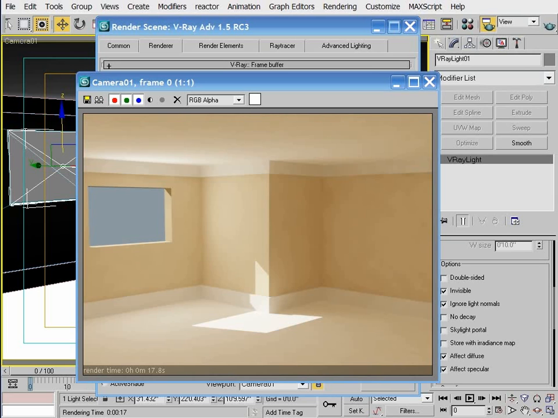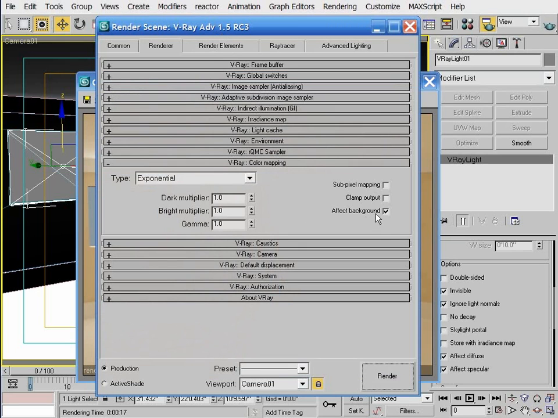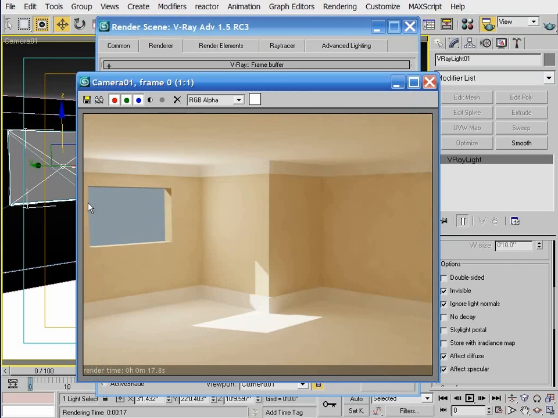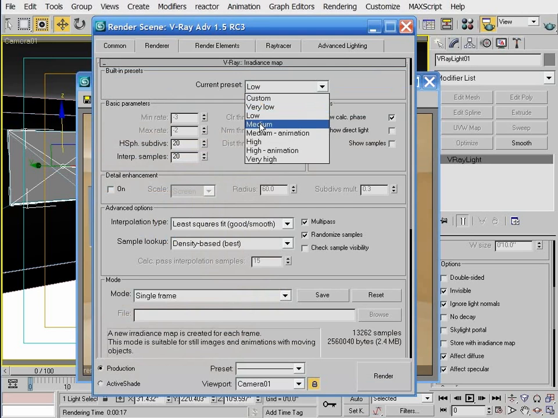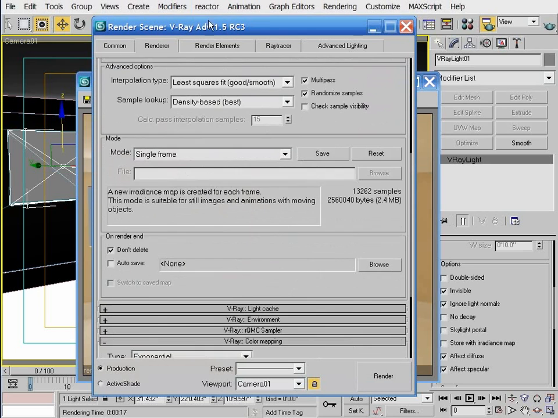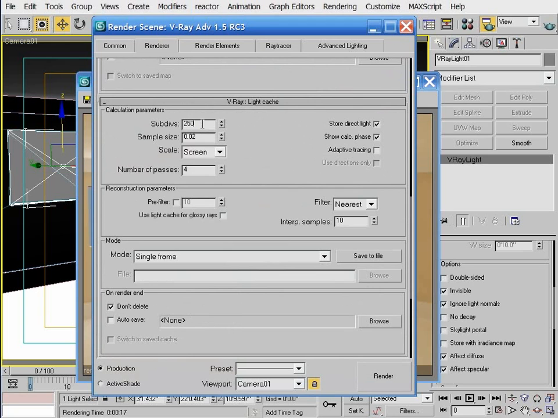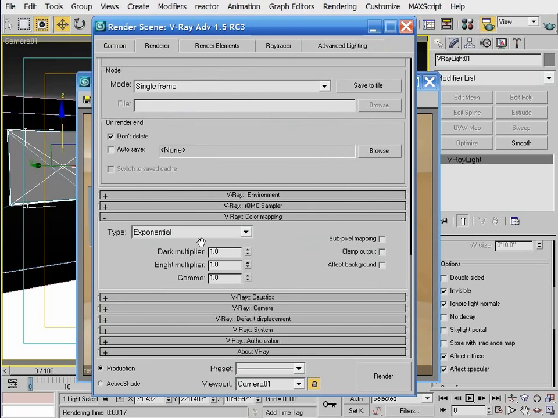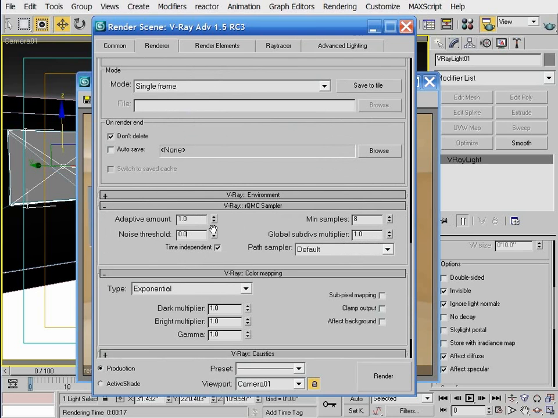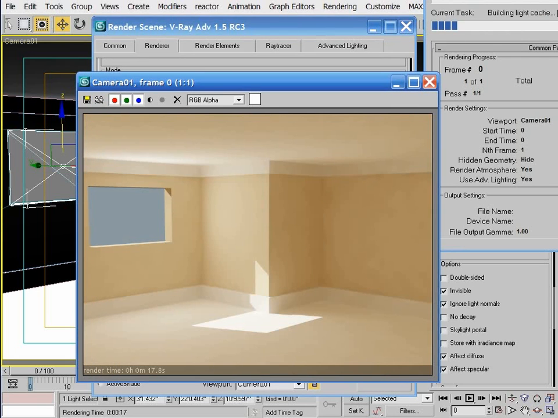But I want to make a few more adjustments. First, I don't want the exponential color mapping I'm using to affect the background color, so I'll disable the affect background option in the color mapping rollout. Lastly, I want to increase the GI quality, so for the radiance map I'll use a medium quality preset, and for light cache I'll use 500 subdivisions. And in the QMC sampler, I'll cut the noise threshold in half and bring it down to a value of 0.005. When I render with these settings,